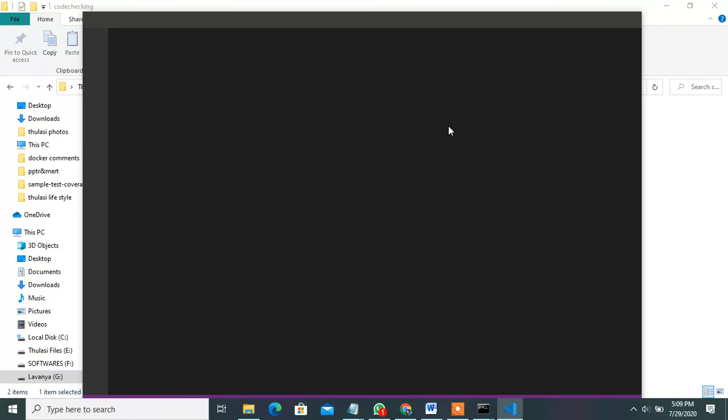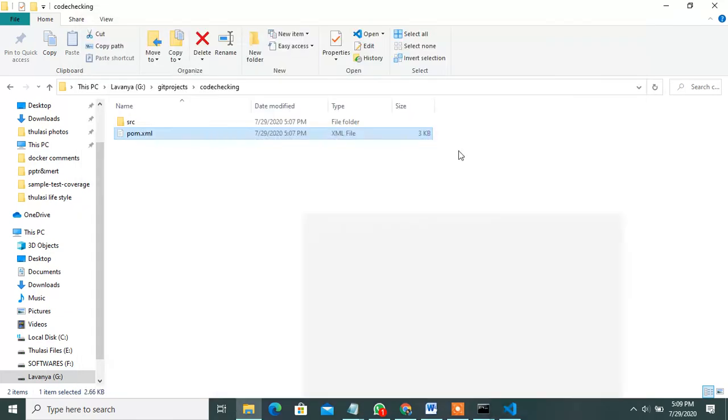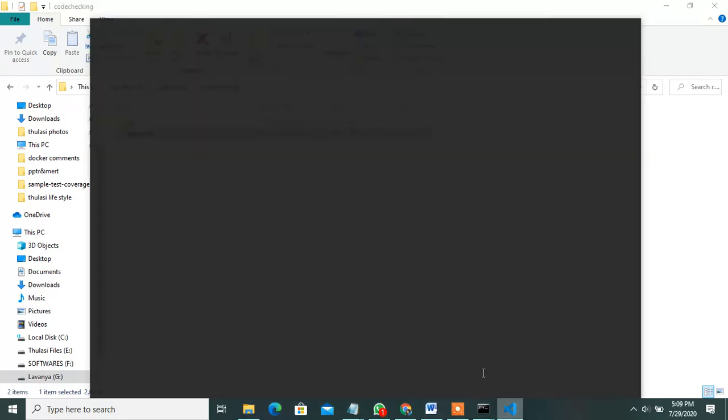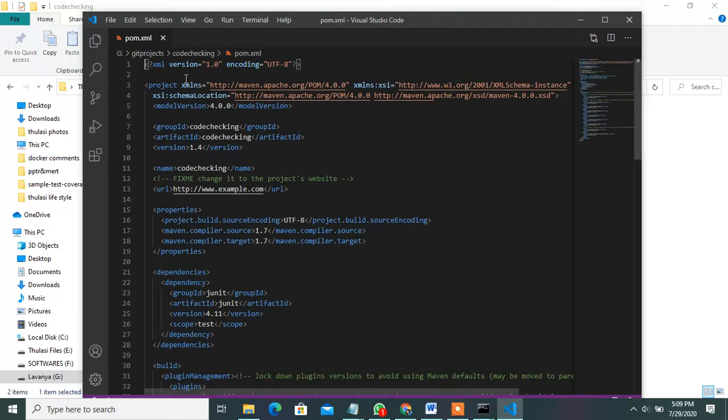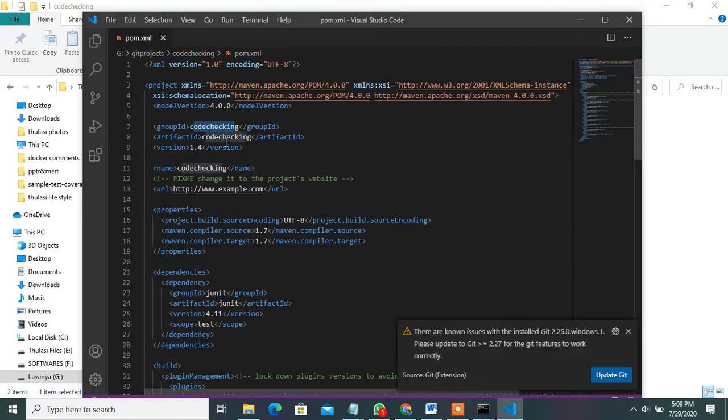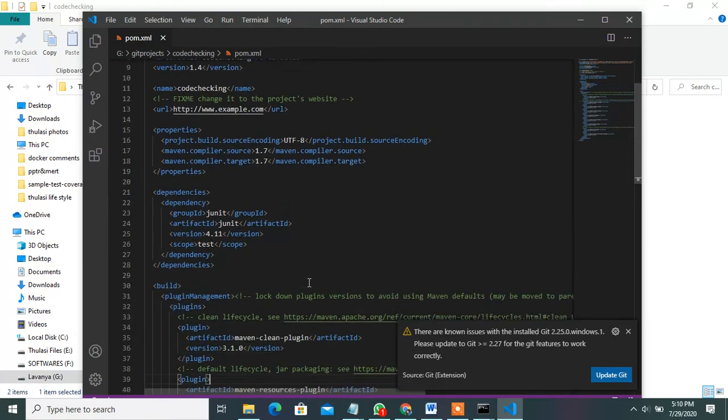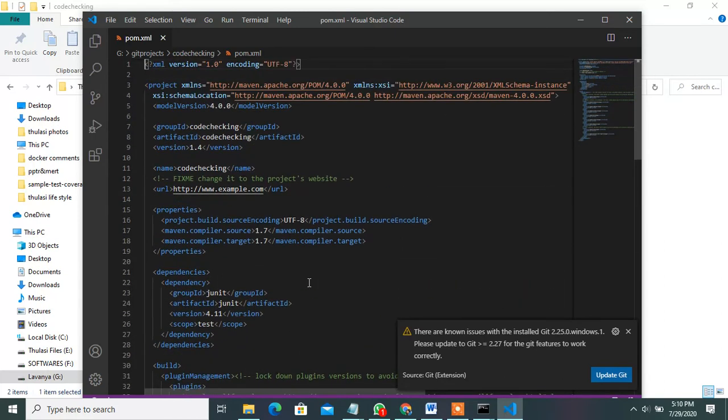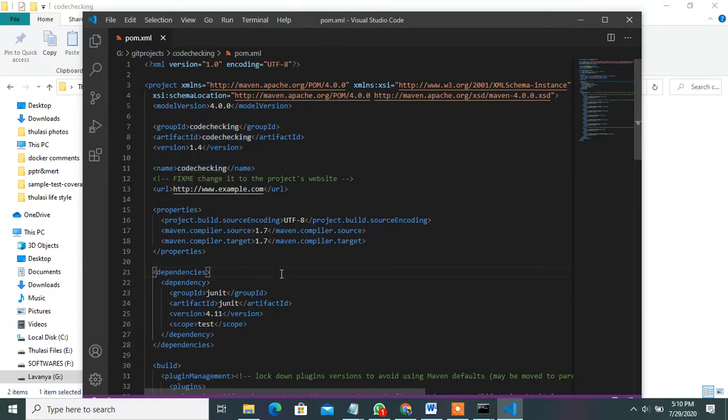Once you display the pom.xml, you can observe here. See, this is a SonarQube pom.xml. Under it the group ID is code checking, the artifact ID is the same, and the package name is checking.